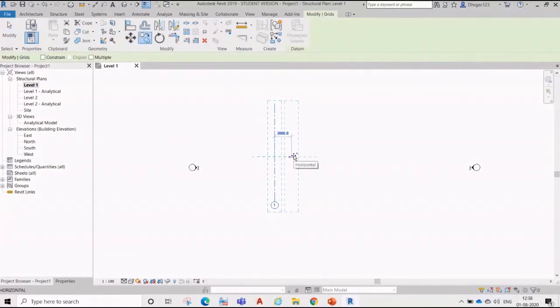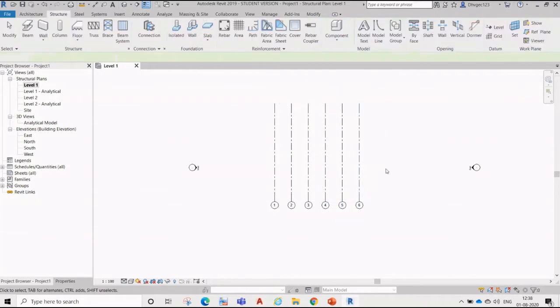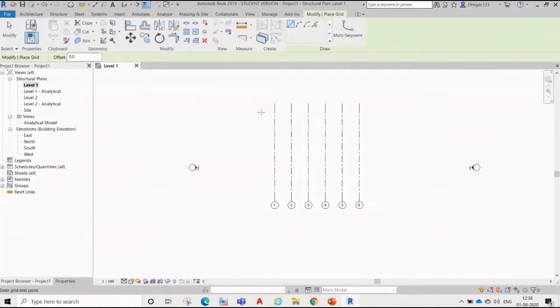Approximately 3 meters, then again copy, we put multiple. So 6 grids in this direction and another grid system in this direction.